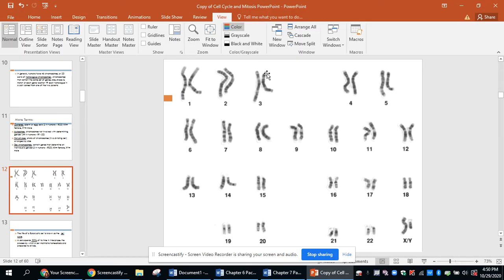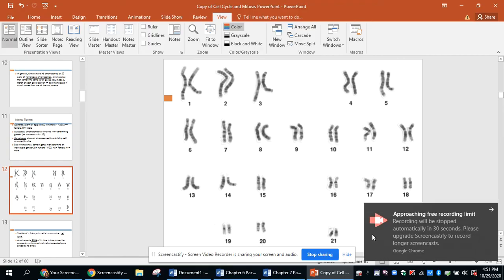If you notice each one of these pairs, they're pretty much the same size as the other one that's next to it, even though the ones down here are very small and here they're a lot taller or longer. We say that these are homologous. And if you notice, the banding patterns are also similar. And that's because whether you get the chromosome from your mom or your dad, the type of gene that you'll find in a certain spot will be the same. So it may be blue eye color from one person and brown eye color from the other, but you'd find it at the exact same spot on the exact same chromosome.